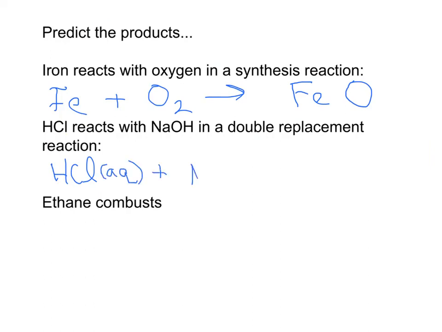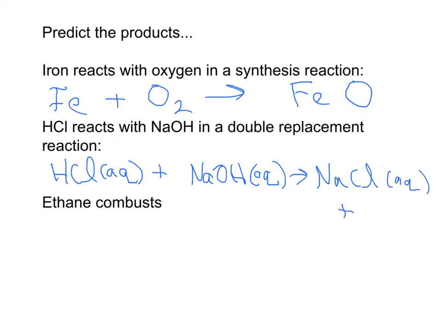Plus NaOH, also aqueous. So now we're going to expect 2 products, and remember, we're going to be swapping the sodium and the hydrogen. So I'm going to predict